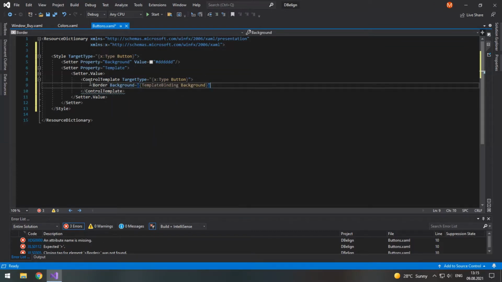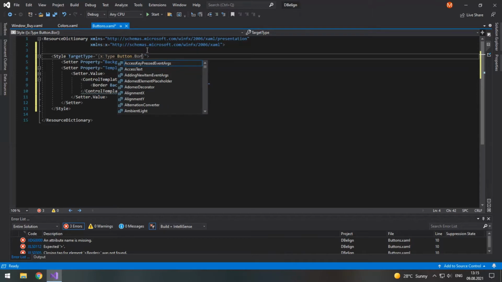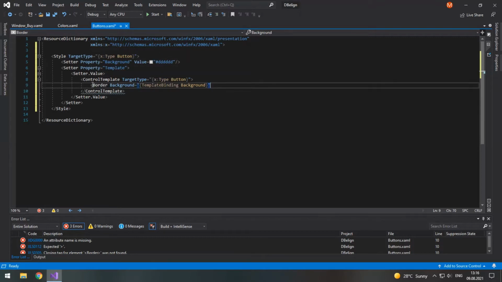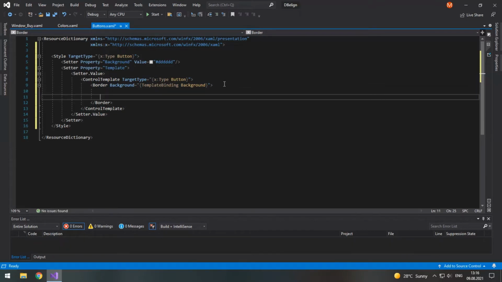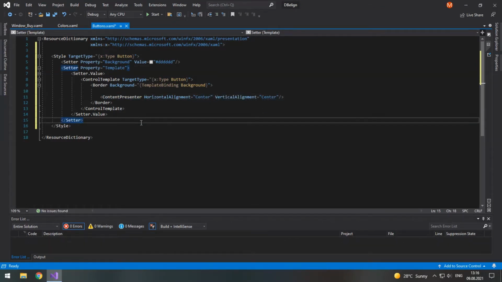So we don't need to specifically say that we want to modify Button.Border.Background. We can just use Button.Background because this line will bind to it anyway. And inside the border, we will have a ContentPresenter, and by default it will be centered both horizontally and vertically. VerticalAlignment equals Center. Then after the template we will need to set some triggers.